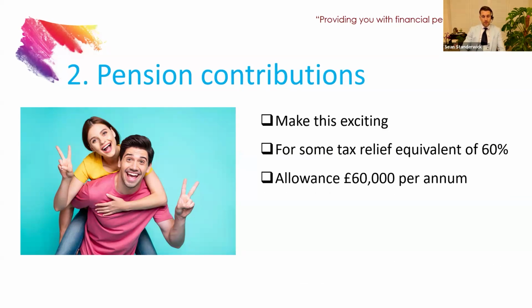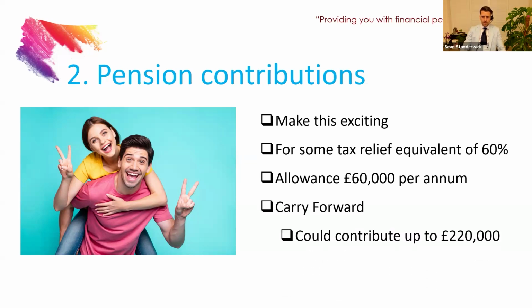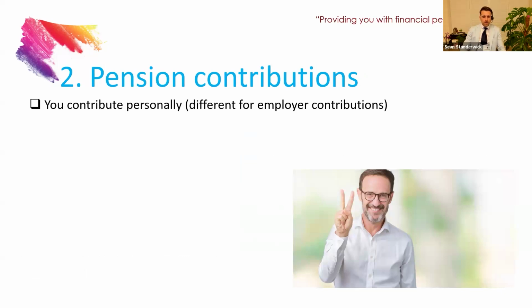There's an allowance that you can put in every year, so £60,000 per annum. And you can also use potentially something called carry forward. That's where you use previous allowances from previous tax years that you haven't used. So in some scenarios, you could contribute up to £220,000. So how does it work? I'm going to concentrate tonight on personal pension contributions. It does work differently if you're an employer or you run a company and you contribute from your business. Probably actually more tax efficient to do it from your business. And if anyone wants to discuss that, we can discuss it separately, but I will focus today on how